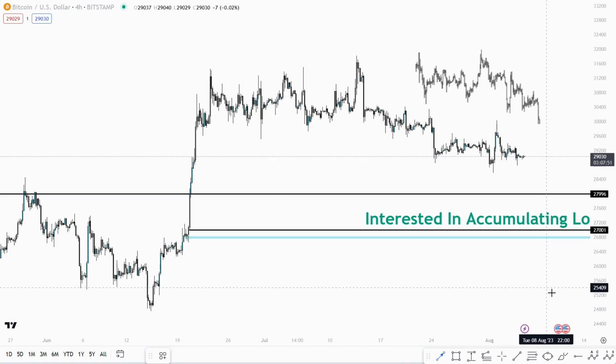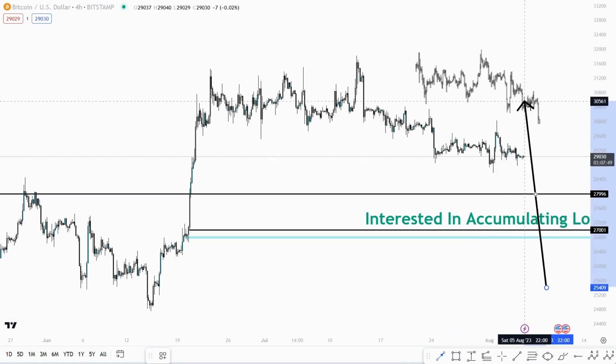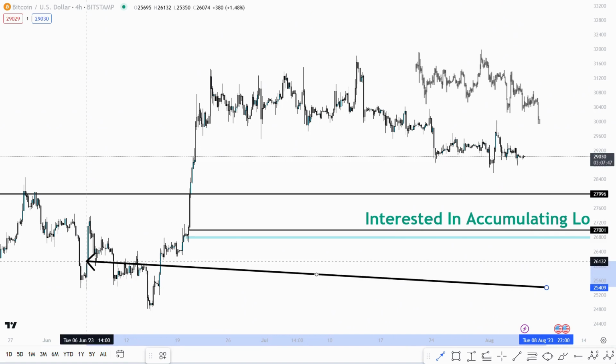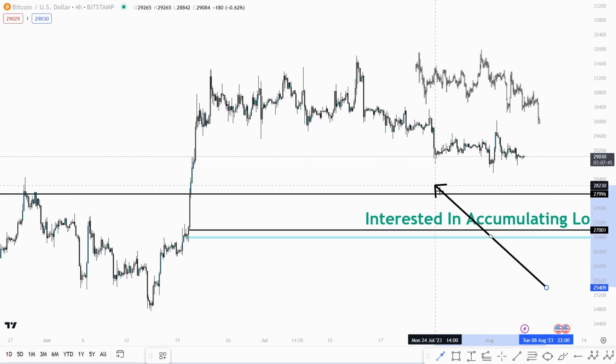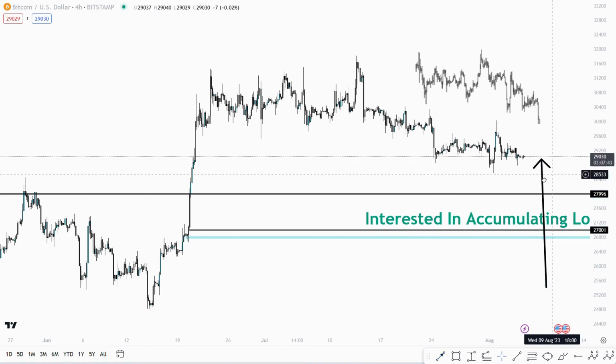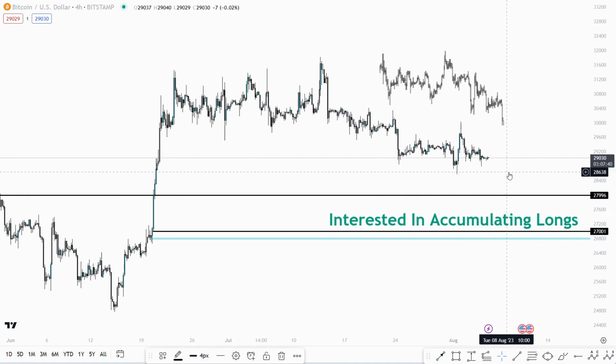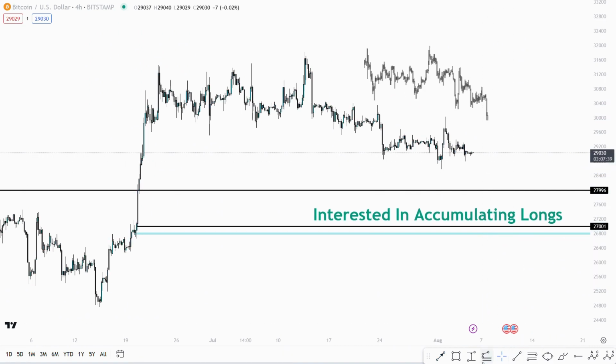Straight into the analysis here for Bitcoin. The fractal that we've got here is the exact same bottoming structure that we had in June for Bitcoin. So of course we're expecting it to not be exactly the same, but the premise remains the same, that we have just got a three wave correction back to the upside right here with 5 waves,